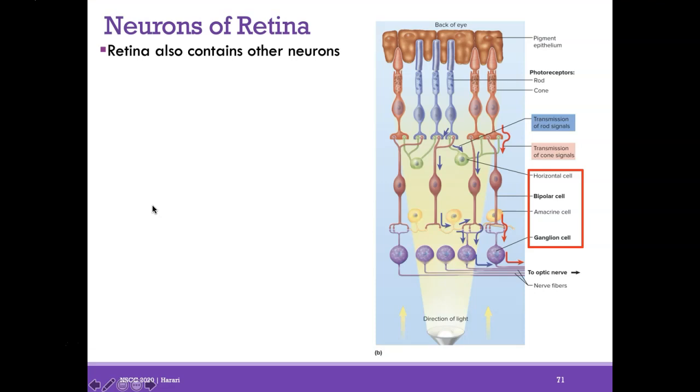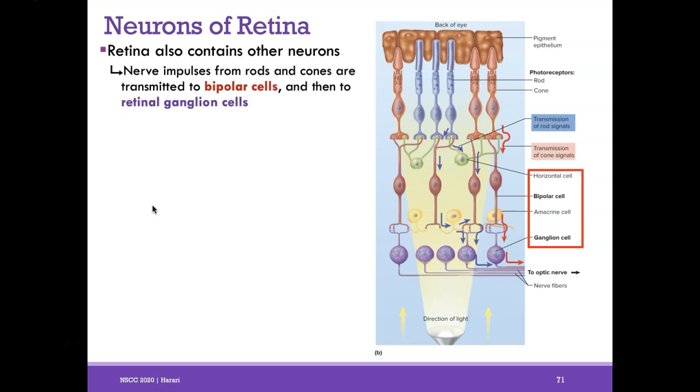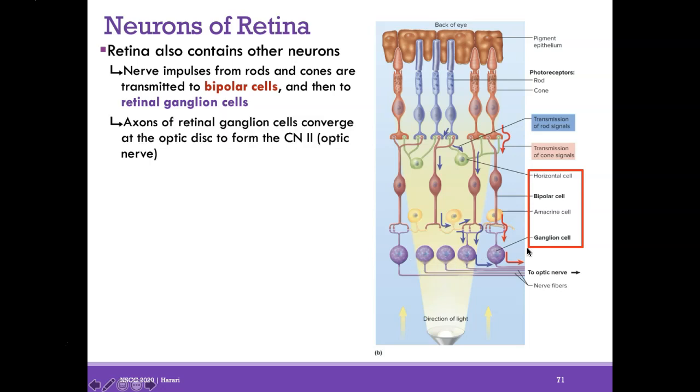So the retina also contains other neurons. The nerve impulses from the rods and cones, our photoreceptors, are then transmitted to bipolar cells. And from there, the nerve impulse is transmitted to retinal ganglion cells. It is the axons of these RGCs, or the retinal ganglion cells, that all converge at the optic disc to